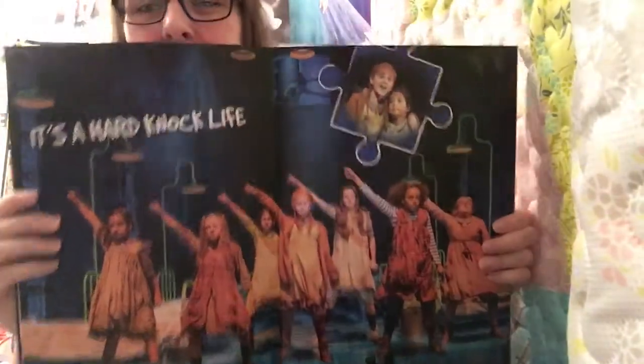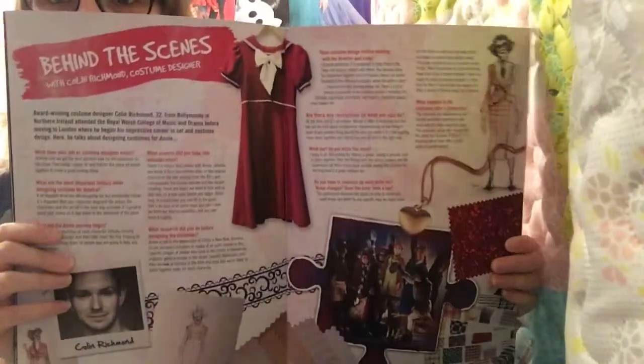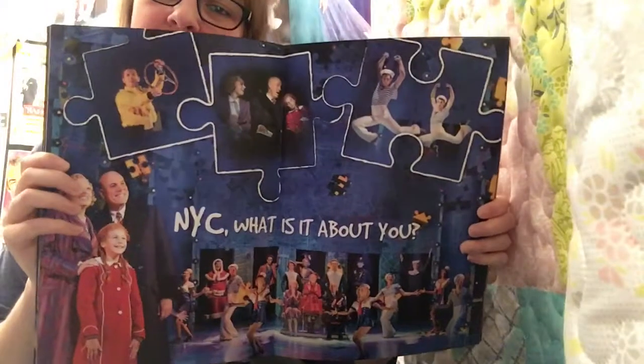I love this program. So funny going through this now, seeing Madeline Hayes as Annie when she was in the tour. She's so much older now. And this is cool. Look at the setup of that. It's just awesome. I have mixed feelings about the sets for the West End production,